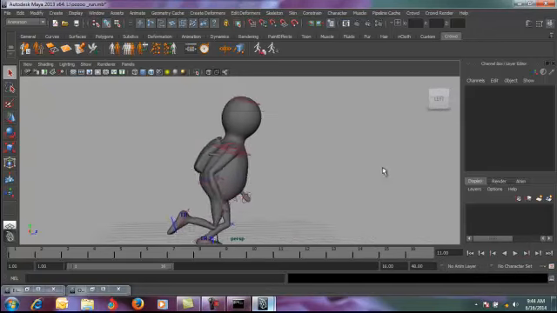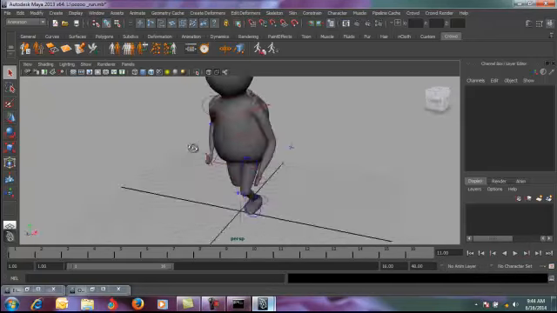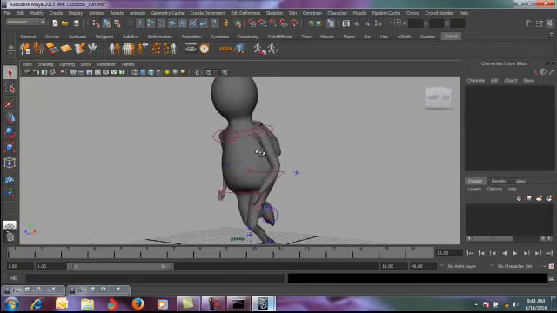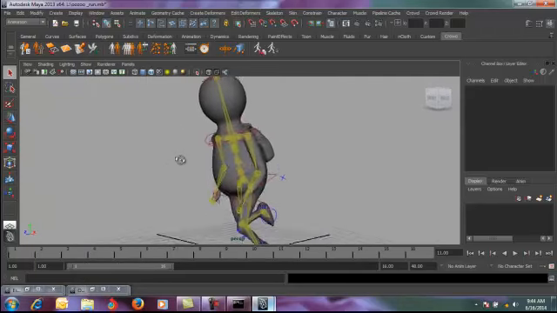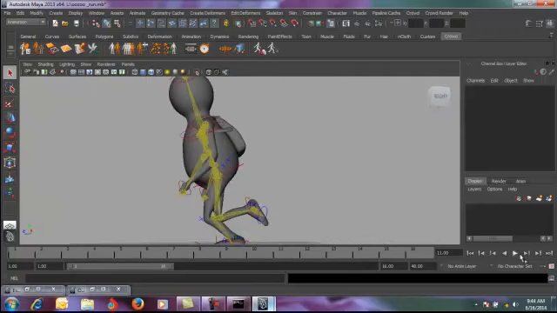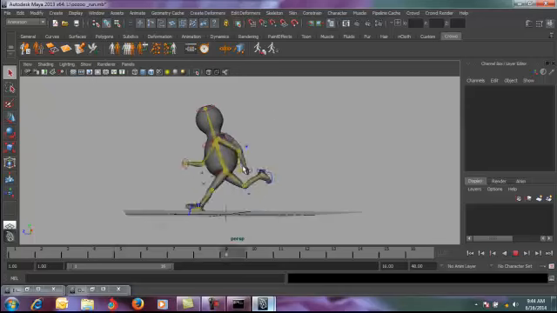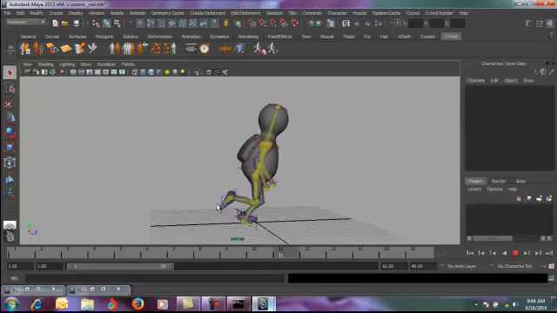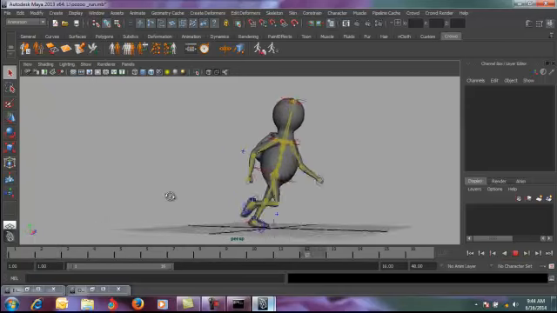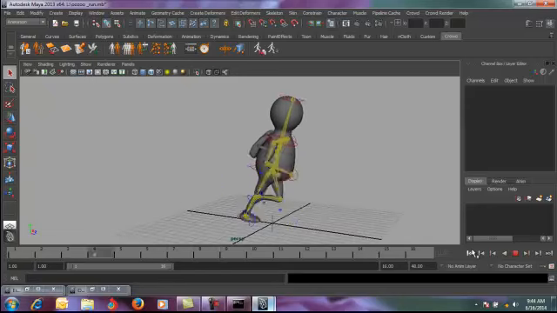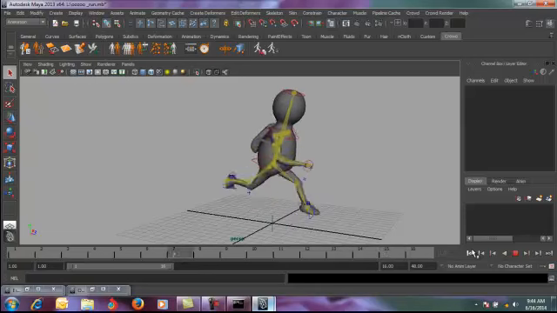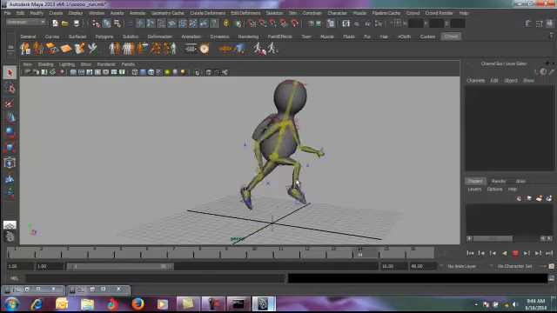This character was animated and it has been rigged using an FK/IK setup. So I come here, show joints, so you can see the joints here. It's a 16-frame run cycle. We'll just play this and see. It's a very basic, very generic run cycle. But one more thing, when you're working with crowds, obviously you don't have to go into a lot of high res and high detailed animation because the LOD is going to be quite low. So we've got this character running here on the screen.